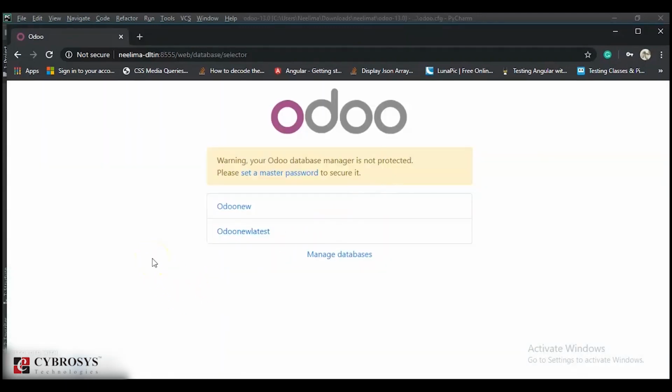So in this way, you can see starting with the Odoo new, all the databases are shown. So in this way, you can filter these databases.